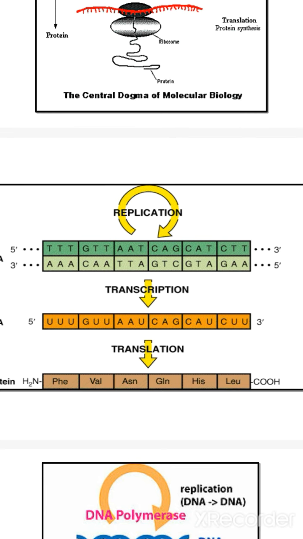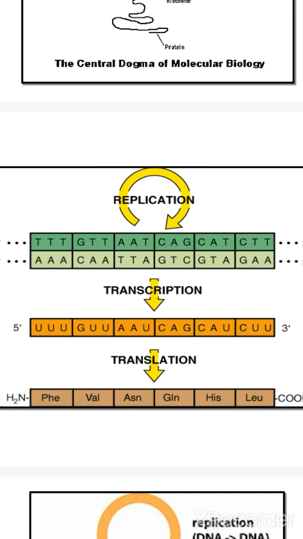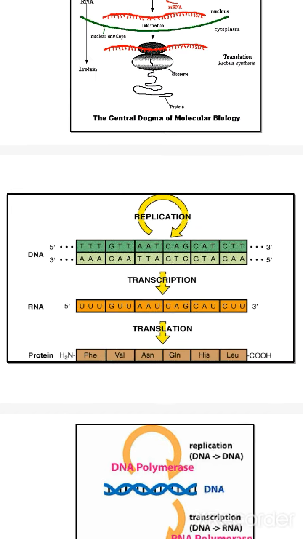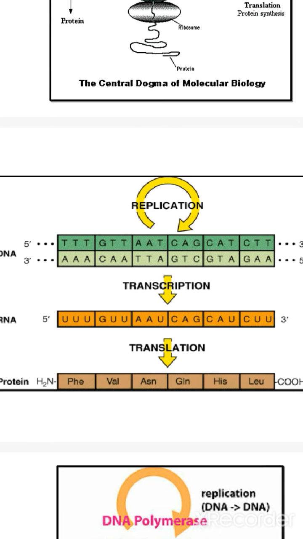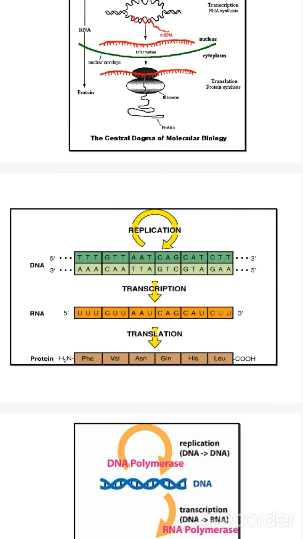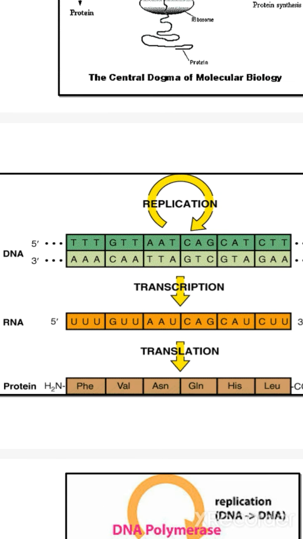When it is doing transcription, for example the light green colored portion is undergoing transcription among the two strands of DNA. When it is transcribing, you see here triple A forms the opposite base U. Instead of T it forms U, because in RNA, instead of thymine, uracil is present. Like that, for C it is G, for A it is U. The same way it is transcribing.